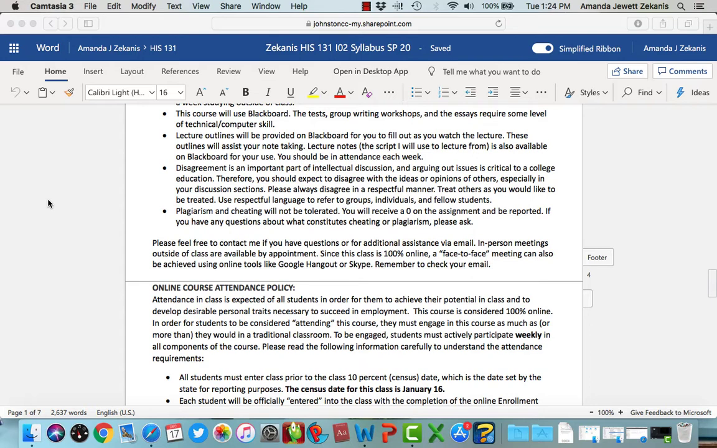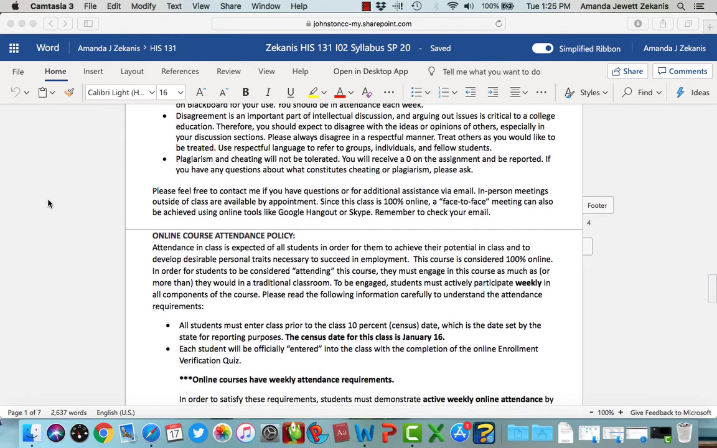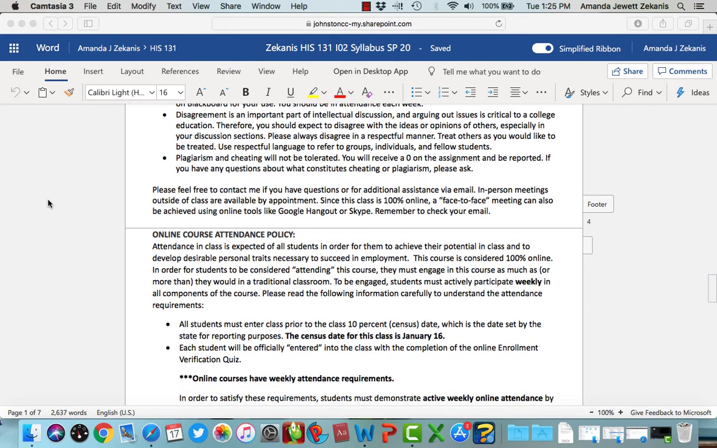Disagreement is an important part of intellectual discussion, and arguing out issues is critical to a college education. Therefore, you should expect to disagree with the ideas or opinions of others, especially in your discussion sections. Please always, always, always disagree in a respectful manner. Treat others as you would like to be treated, and use respectful language to refer to groups, individuals, and fellow students. We're going to be talking about all kinds of stuff, gender, race, politics, all kinds of things that people still get really